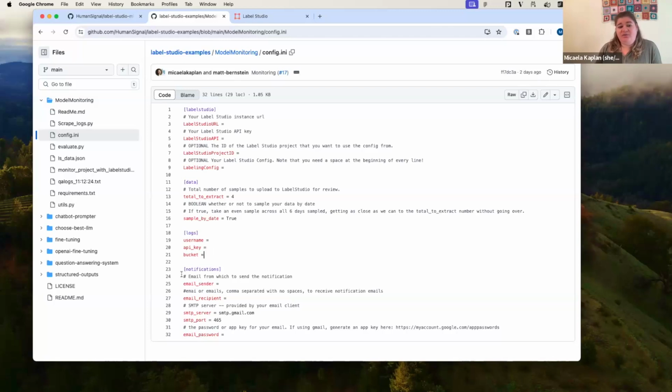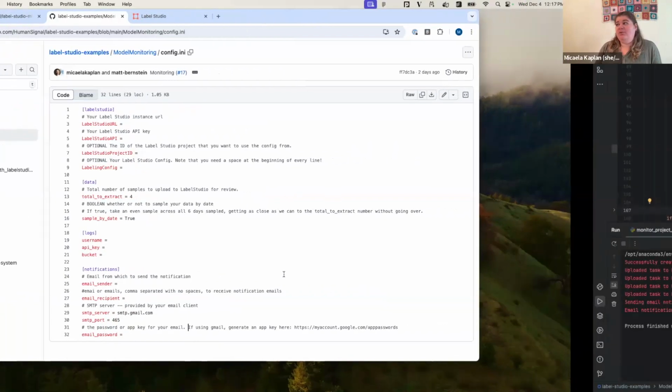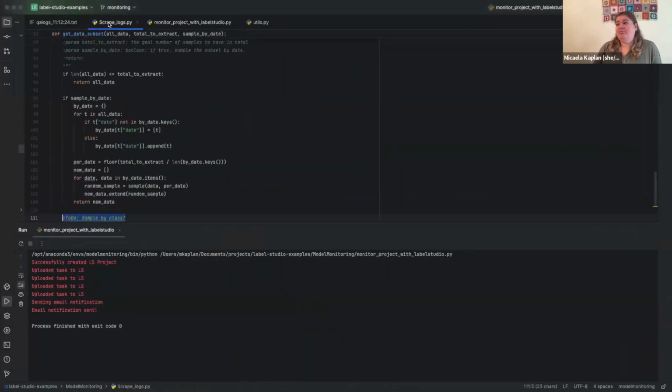And finally, we have this configured to send an optional email notification to you when the project is ready. That way you can truly set it and forget it after you set up your cron job. If you want to provide that information, you'll provide it here. It's set up for Gmail, so if you're using a Gmail server, that's already configured for you. If not, you'll need to find what the SMTP server and SMTP port are for your particular system. So with all of that, we're going to switch over to my code editor here,